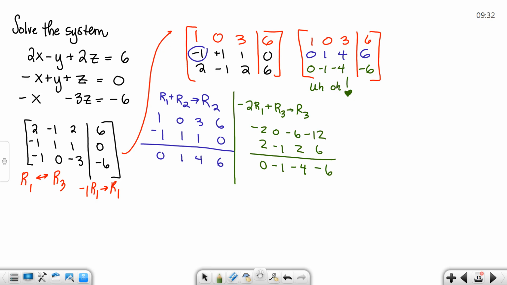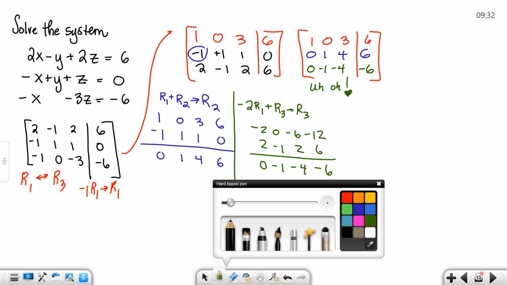Okay, so at this point, I recognize that it's going to be a special case. I know because I've done it so long, but we might not really know if it's going to be a no solution or an infinitely many solution, but we know something's not quite right about it. All right, so I'm going to leave the top row alone. There's nothing wrong with that one. But if I look at the blue and the green rows,